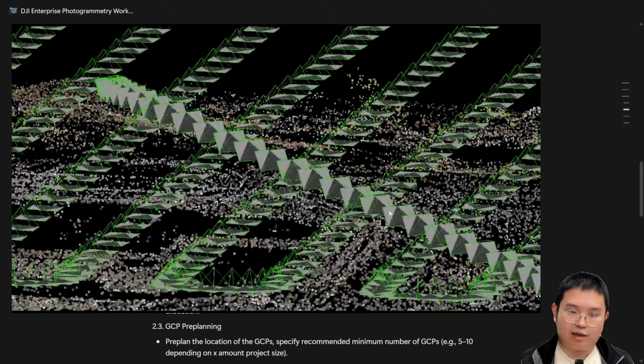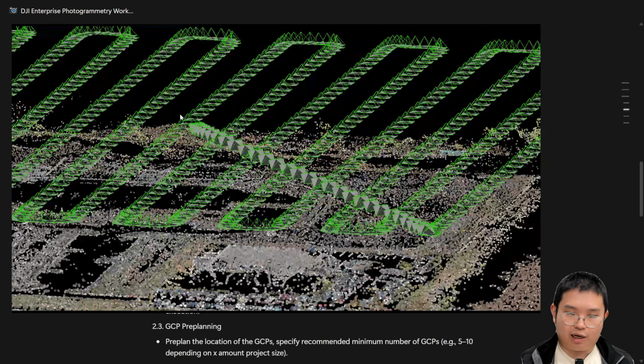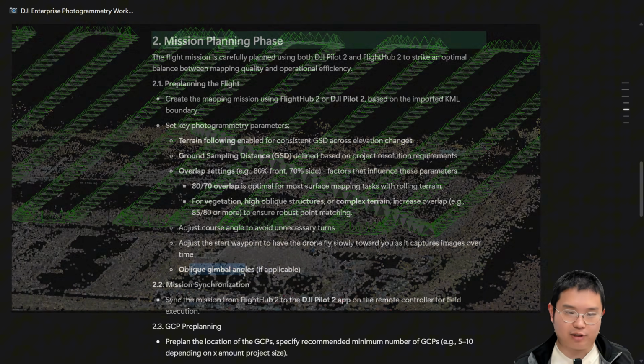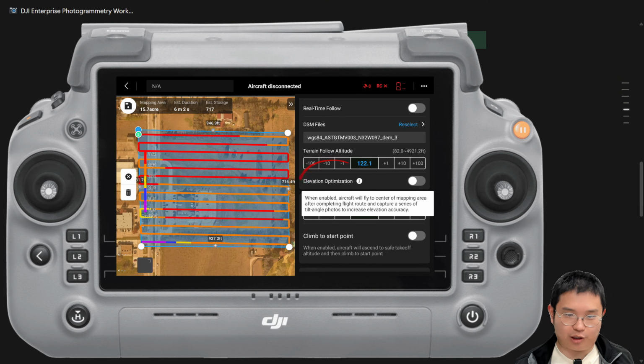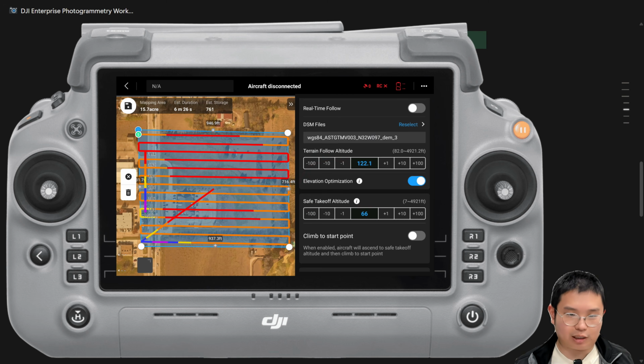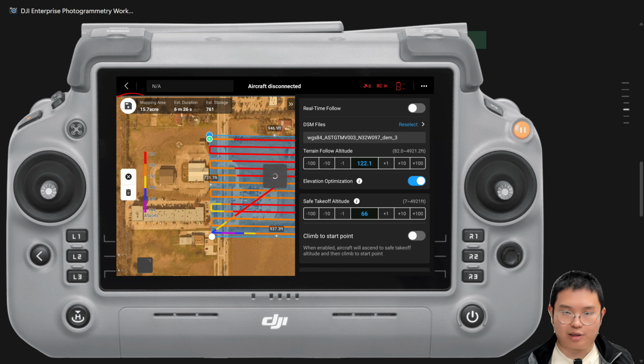While it's flying that line, it's going to pitch the angle slightly to capture some oblique photos. This helps improve the elevation accuracy of your model while it's being processed by the photogrammetry engine. So for general surveying purposes, I highly recommend enabling this option even when your deliverable is just going to be in 2D. Okay, so once you adjust these parameters, you're good to go and you can save this file